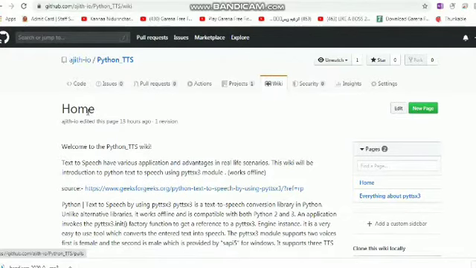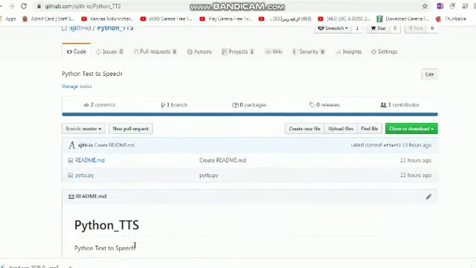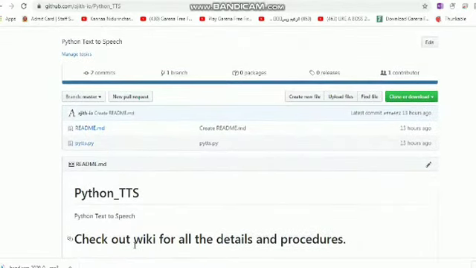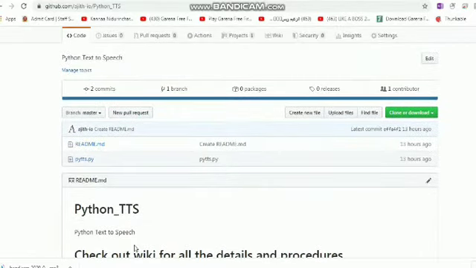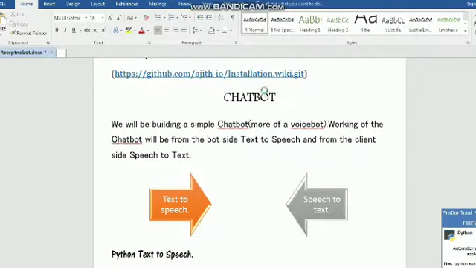So Python text to speech is a very important thing, not only in Python, because various industries, like even our metros and other industries, need text to speech. So it's a good thing to learn, and it's one of the best projects you should do. My motto was to build a chatbot. I'll come to that later.